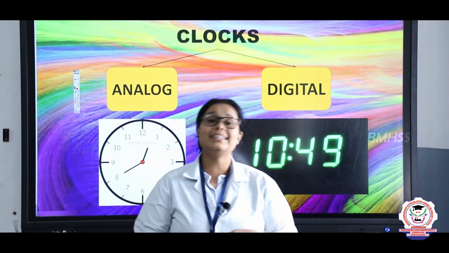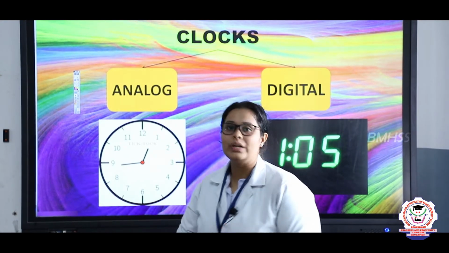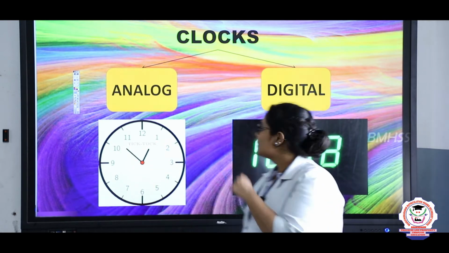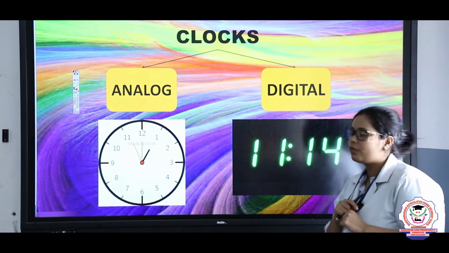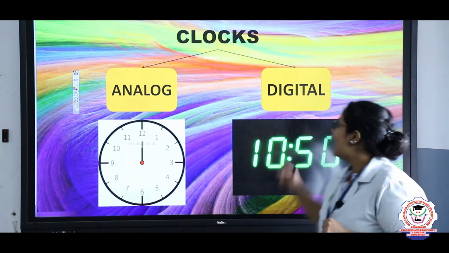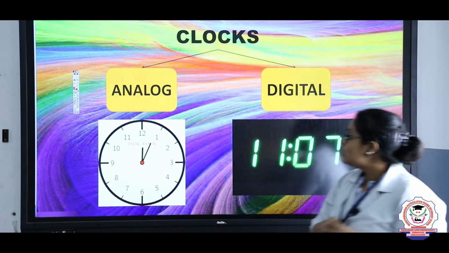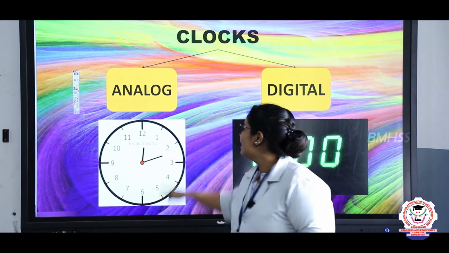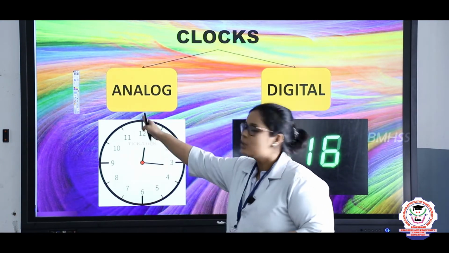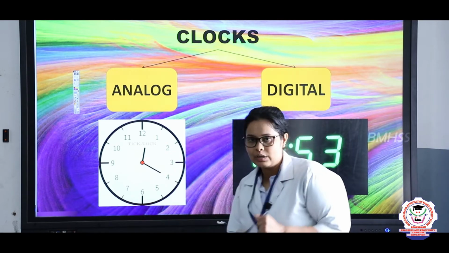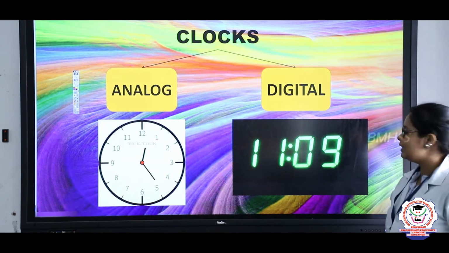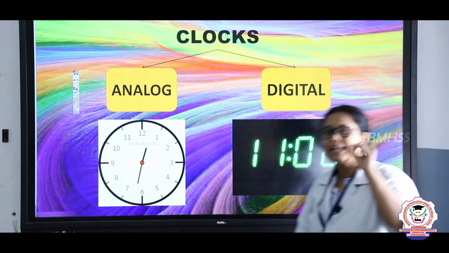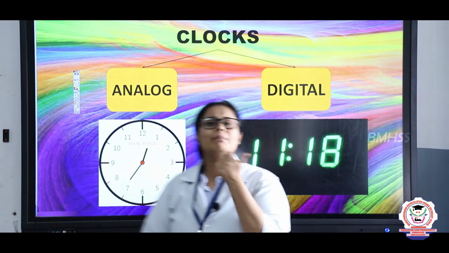So, students, in this second session we are going to see what clocks are, okay? First, let's see the types of clocks. There are two main types of clock. One is the analog clock and another is the digital clock. In the analog clock, here you can see all the digits, right? It's 1, 2, 12. So, this is known as an analog clock. In the same way, here you can see a digital clock. A digital clock will always tell you the accurate time, okay? It will tell you even the milliseconds.